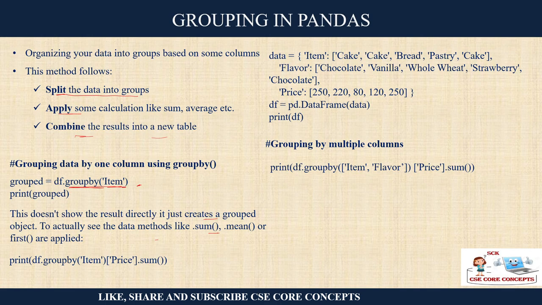I hope you are following this syntax. So you have to follow this syntax: df dot groupby, and you have to mention based on one. So these are the flavors of the cake. So this is our data. So you have cake, bread, pastries, or chocolate cake, vanilla cake, whole wheat bread, then strawberry pastry and chocolate cake. This is what has been sold, and now you want to sum them up, the total sales. So this is what we are doing over here.